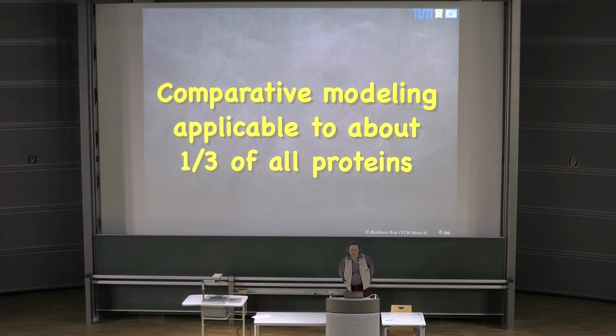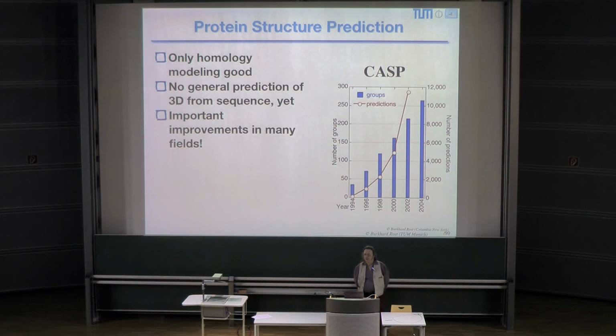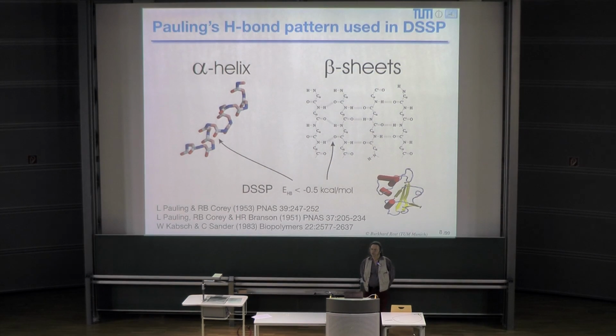We can model about a third of all the proteins, and that has been assessed. How far structure prediction can go has been assessed in CASP. The idea of secondary structure formation is that secondary structure is stabilized by hydrogen bonds. Why do we have secondary structure? Now, let's get back to that question. Why does secondary structure form? So there's hydrogen bonding that defines secondary structure. The hydrogen bonds form, and therefore you form secondary structure. But that's not the meaning of the issue that I'm addressing here, or the question that I'm asking. The question I'm asking is,